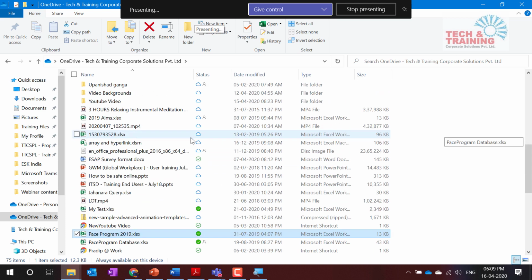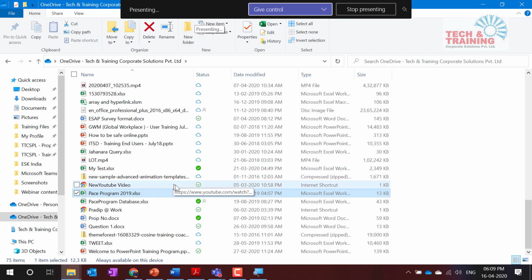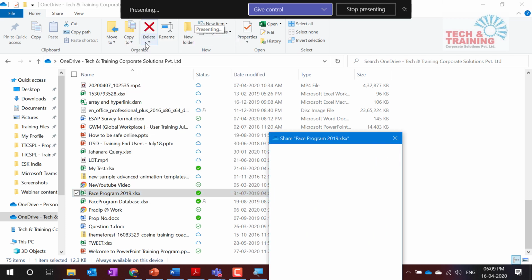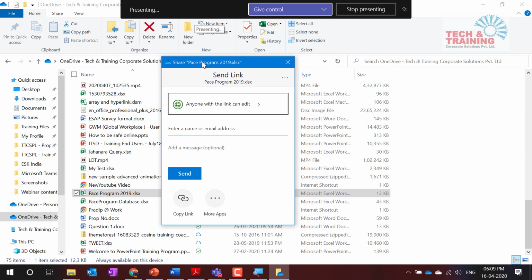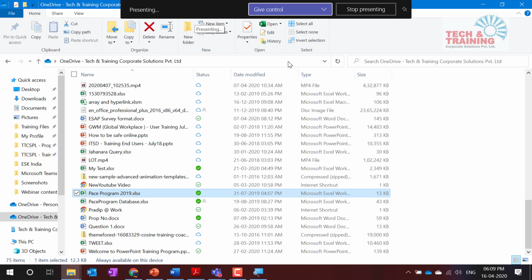So sharing of the file. So sharing files is very simple. So let's say I come here and I would like to share this file with others. I can simply do right click and go to share, right? And when I click on the share, I'm doing it from my Windows application. I'm not online on the browser. Yeah. So at the moment, what I have is this particular window and I can go ahead and share this file. What I can do now is, let's say I want to share it on the browser.